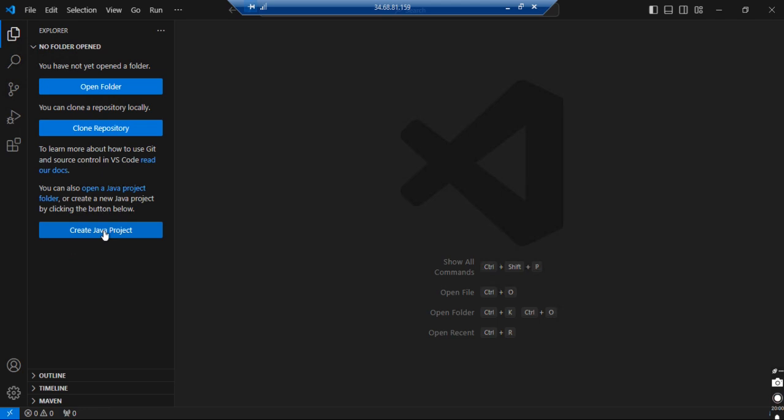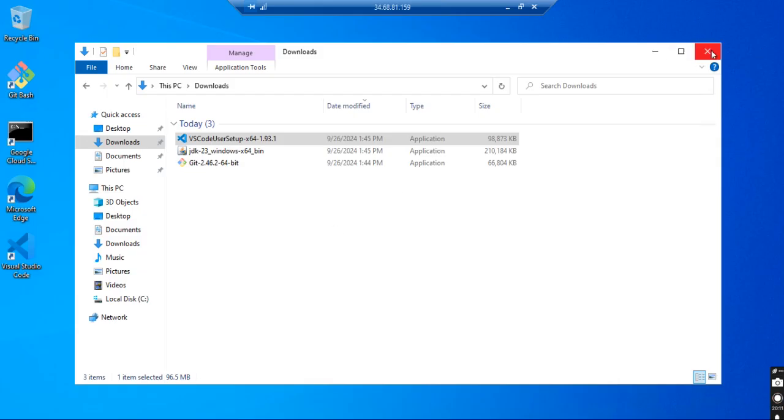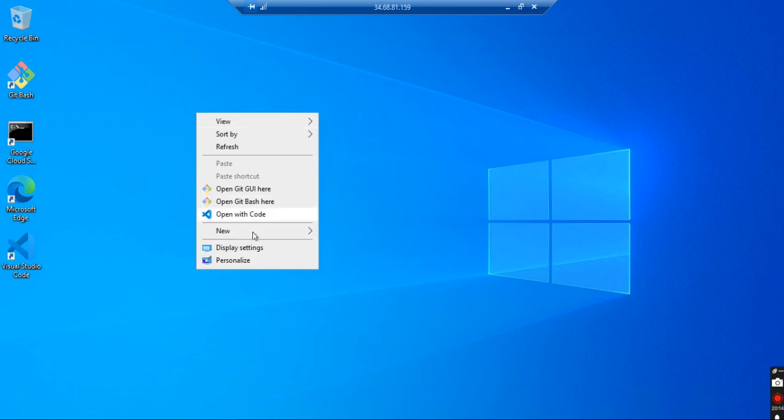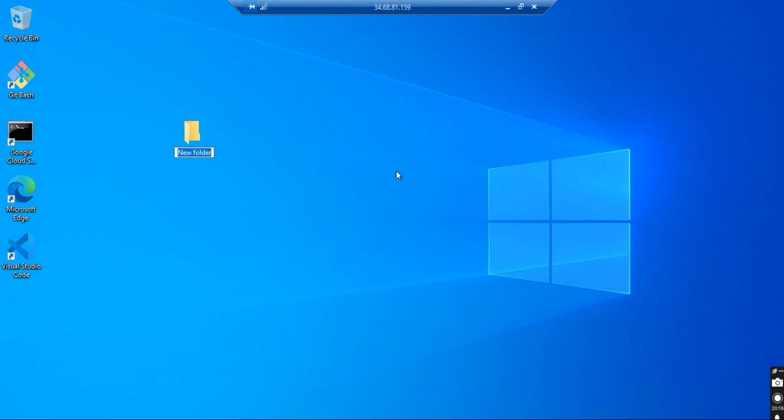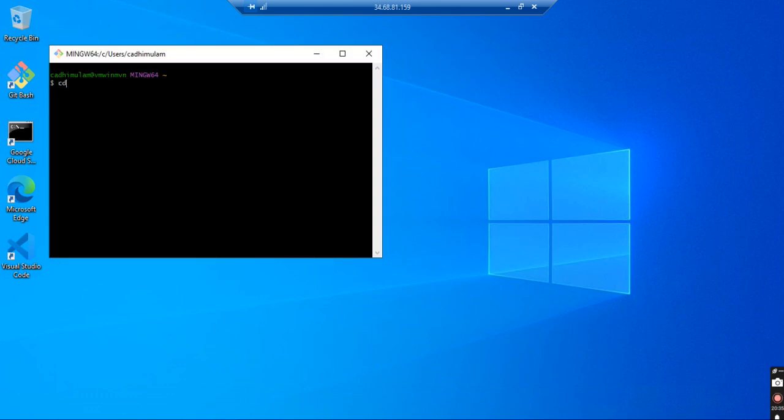Create Java project. Where do you want to create the Java project? We want to create the Java project on the desktop. So here, new folder, I call it my works. Let it be my works. Okay, so now I will move to desktop, cd my works,